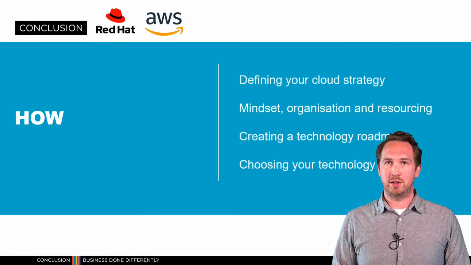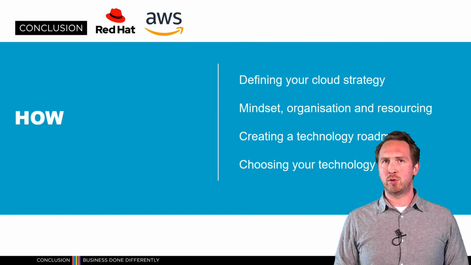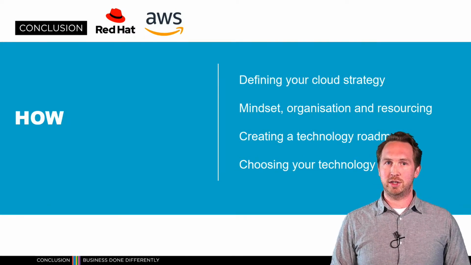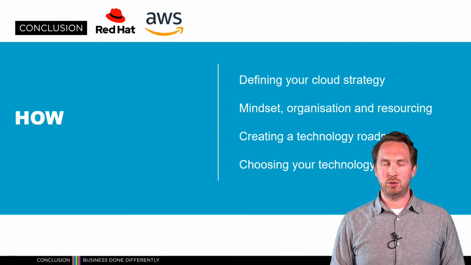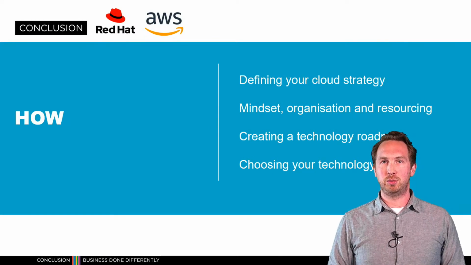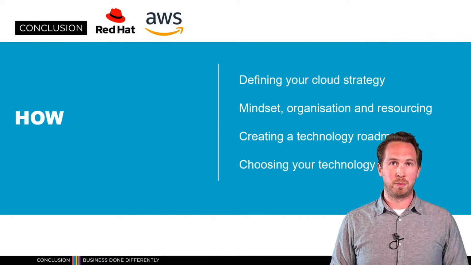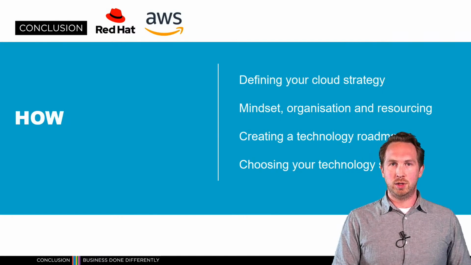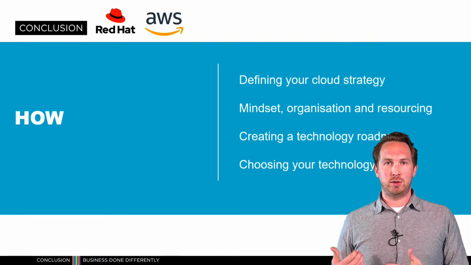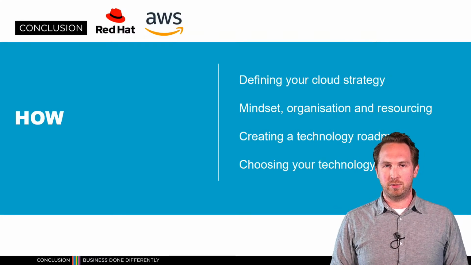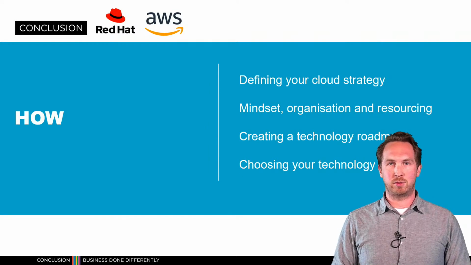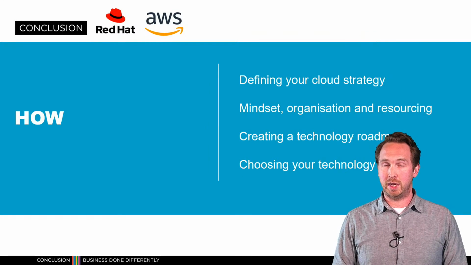So how can you do that as an organization? It's really important that you start by defining your own cloud strategy, using the why to define how you're going to transition to the cloud and use those advantages. It's not only a technical journey you're making, but also one for your organization. There's a whole change in mindset and culture you need within your organization to benefit from all the new services with AWS.